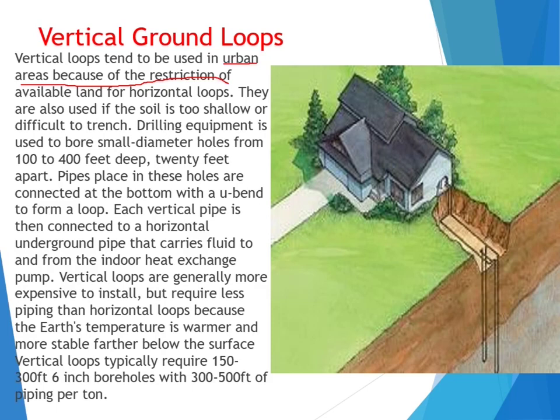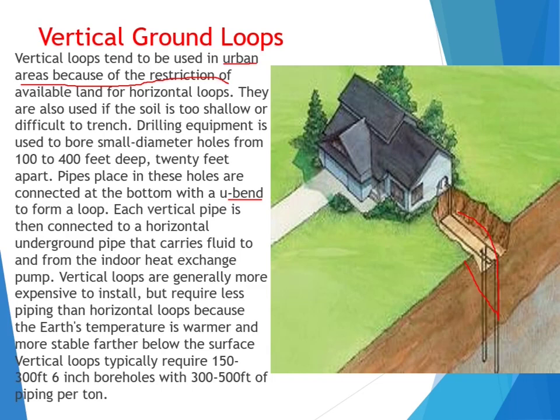Drilling equipment is used to bore small diameter holes from 100 to 400 feet deep, 20 feet apart. Pipes placed in these holes are connected at the bottom with a U-bend to form a loop. See here, it's demonstrated in the figure also. Each vertical pipe is then connected to the horizontal underground pipe that carries the fluid to and from the